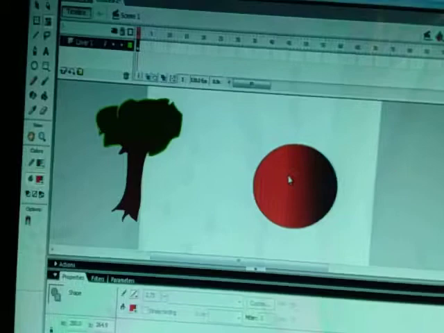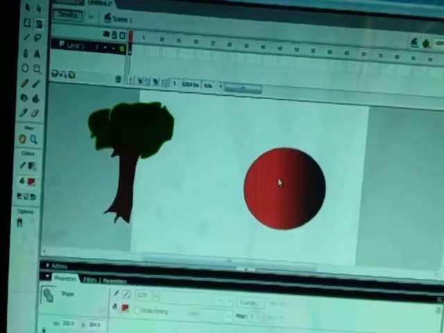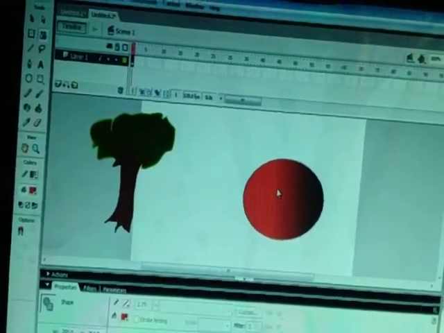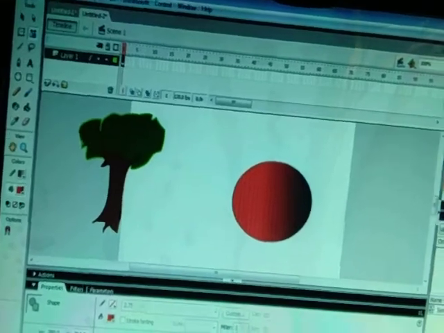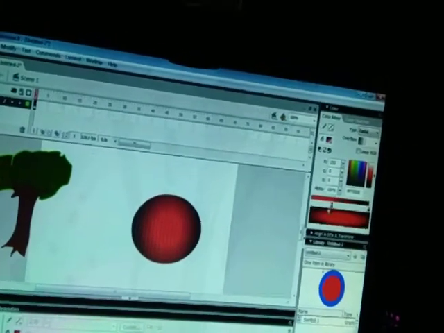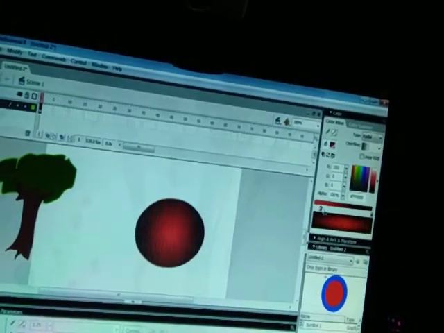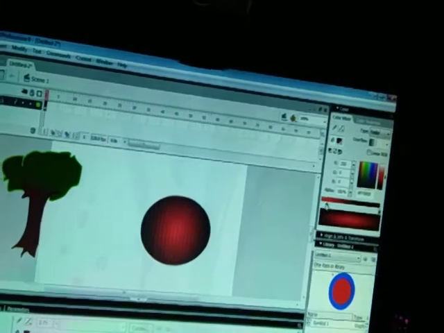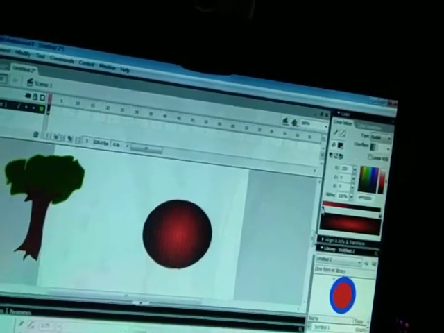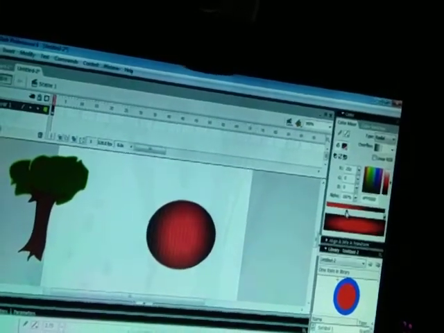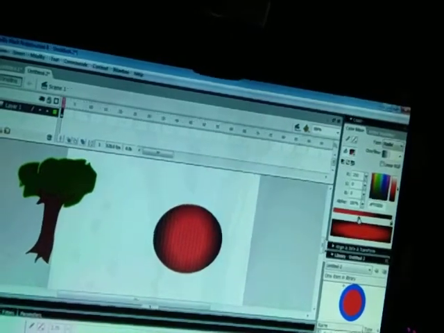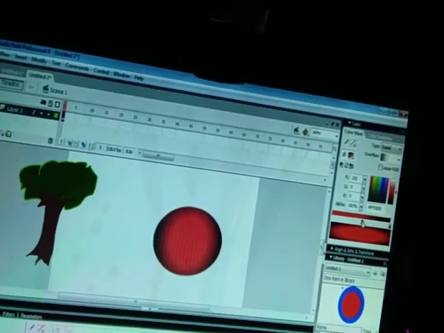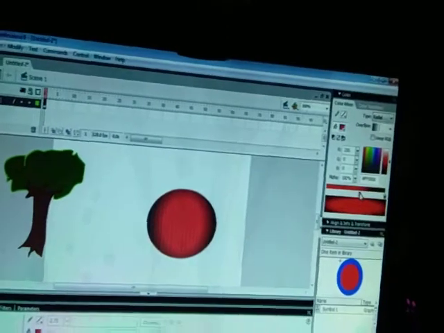You can set this and stop. So this is a linear color. If you want to change this, you can change it as a radial color. You see that. If you want to edit the color, you can change the edit color. You can see the color is changed over here. If you want to increase the focus, it will be increased. So this way you can increase this focus.